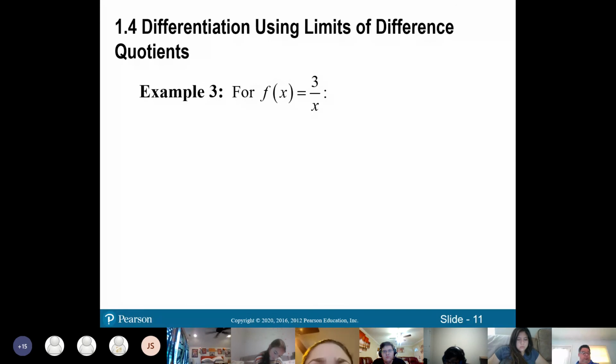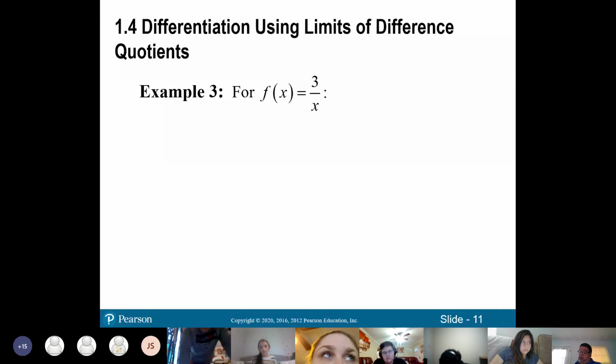So I'm going to go ahead and get my f of x plus h minus f of x all over h, limit as h approaches 0. So limit as h approaches 0 of